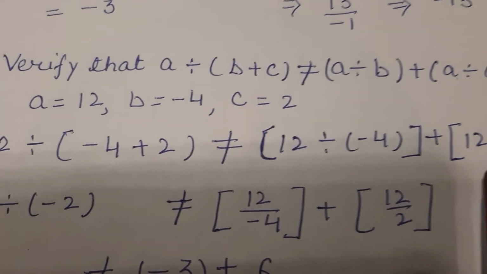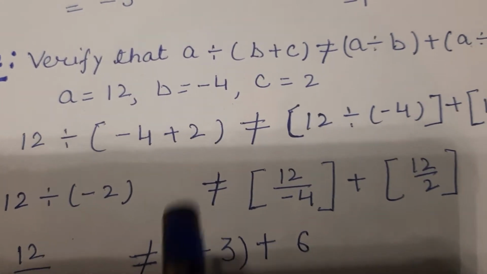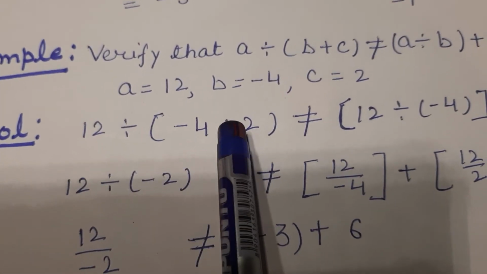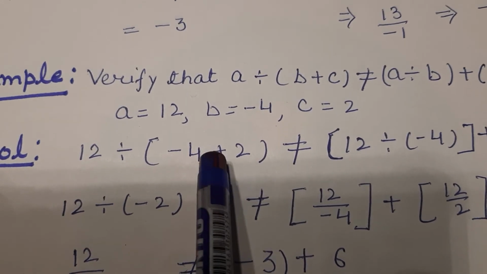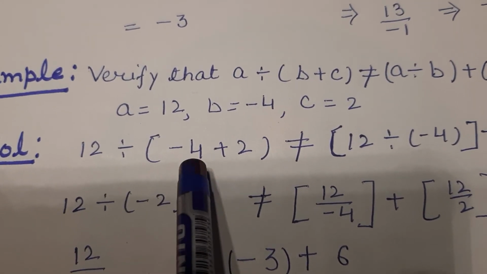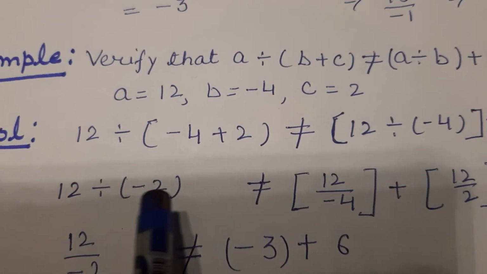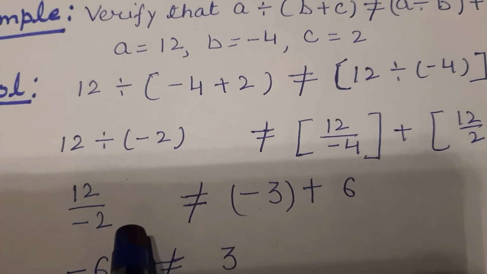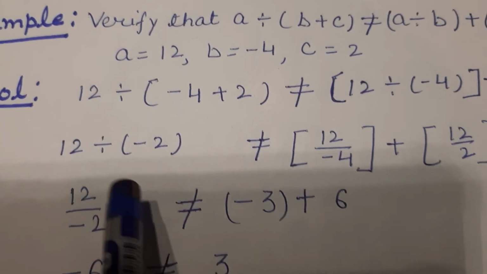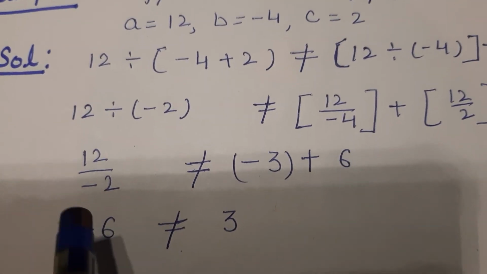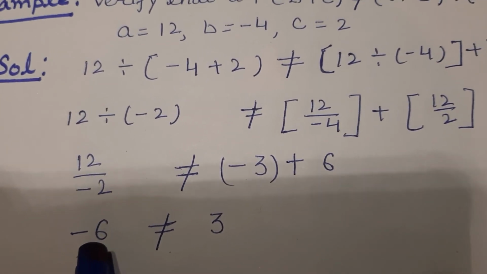Now after putting values, I'll solve it one by one. Means one side first I will solve, then I'll solve the second side. So the left hand side I am solving. Again BODMAS, first we will solve the bracket. So 12 divided by (minus 4 plus 2), that is minus 2. Then 12 divided by minus 2, we can write it as it is. Now 2 is the common table, so it will cut to 6. A single negative sign, so we will get minus 6 as the left hand side.